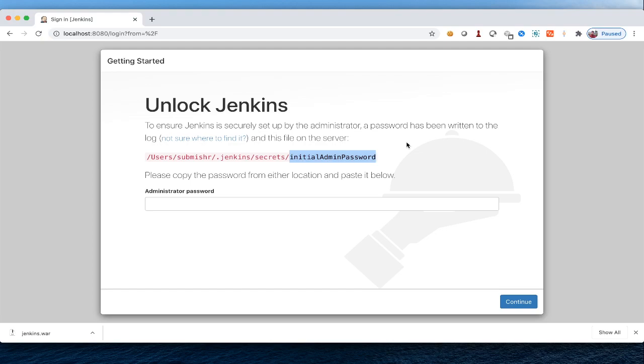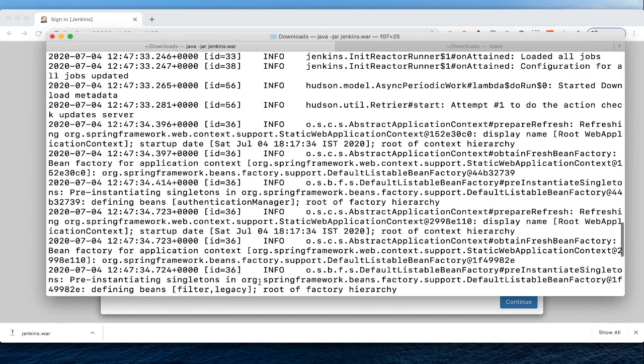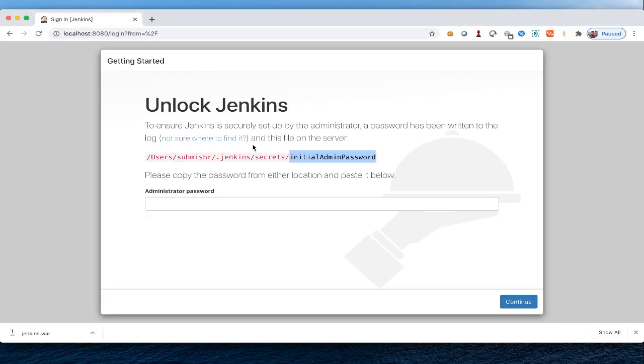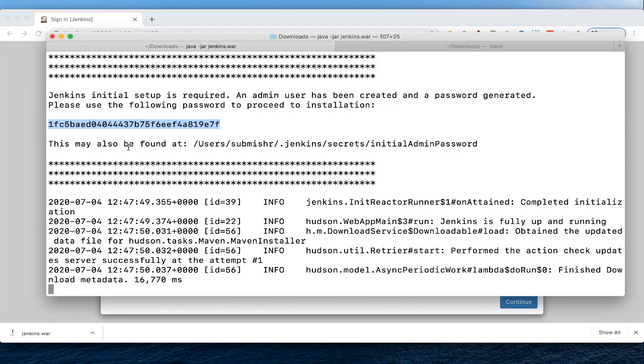Let's go to our terminal where we have started our Jenkins server. Here we have started our Jenkins server, right? Here also you can find this, just to confirm. Here you can also see that this may also be found at this location.